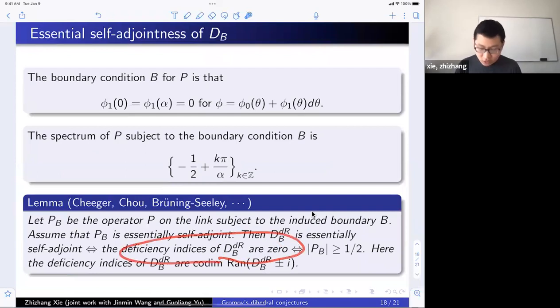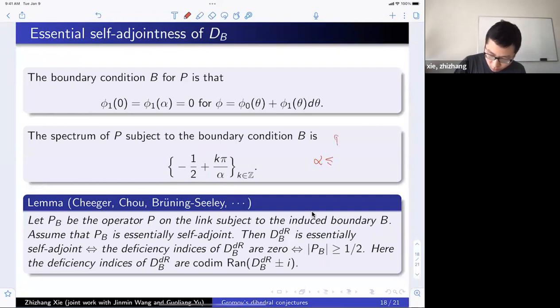And this latter condition, by a computation, you show that it's the same as whether the operator on the link has spectrum at least 1/2 or not. It's if and only if. Okay. So now you go back and look at this. When is this spectrum a wave? It's outside of the region -1/2 and 1/2. You will see that alpha has to be exactly